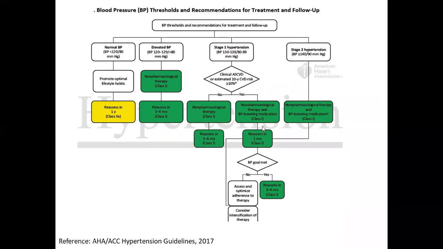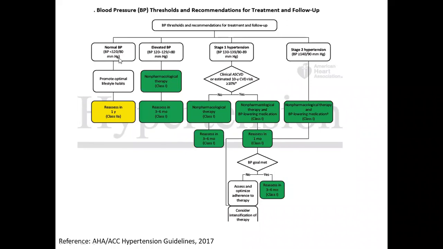So before starting a patient on treatment for hypertension, you should stratify the patients according to their BP measurement. As shown in this chart, if the patient has a blood pressure of less than 120 by 80 millimeters of mercury, then that is normal blood pressure. Those patients should be advised on optimal lifestyle habits, and this should be assessed every 1 year